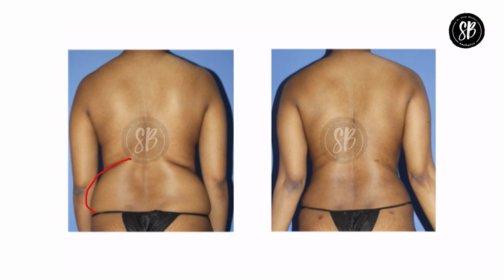When we consider the back shaping, that can also happen with a mommy makeover procedure, and here you can see that the heaviness in the flank and the lower back area that came with pregnancy and childbirth, and even the upper back which was heavy, we've been able to sculpt in the same procedure and have given her a well defined waistline, a reduced flank area, a smaller upper back area also. So, overall the entire torso can be redefined in a mommy makeover surgery, and it's a very successful surgery,